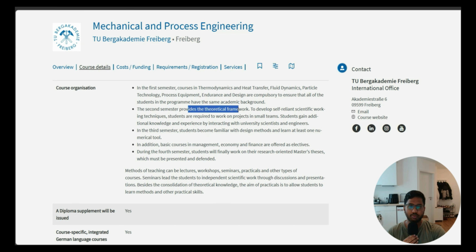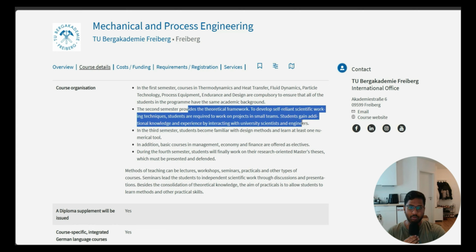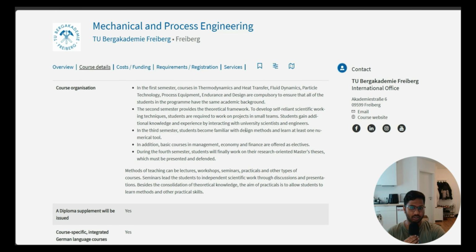Then in the second semester you will get a theoretical framework where you would develop relevant scientific work techniques. Students are required to work on a project, in small teams, and laboratory courses, etc. You will be doing that in the second semester. And in the third semester, the student will become familiar with design methods and also learn at least one numerical tool, where we will also completely learn a numerical tool. For that, you will be developing process engineering schemes and other things, whichever you like. But yeah, that is how the 3 semesters are planned, and you don't need to worry about the 4th semester, because